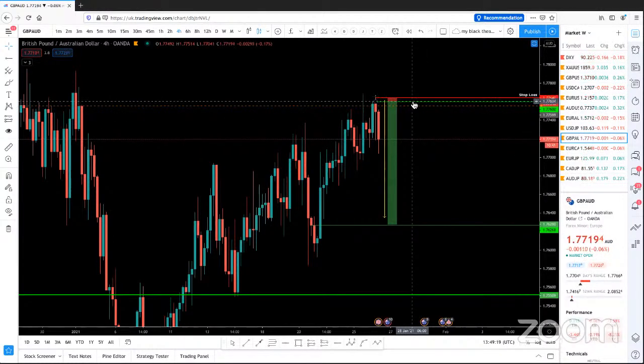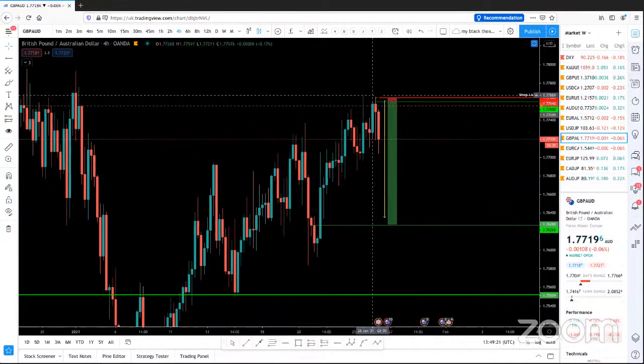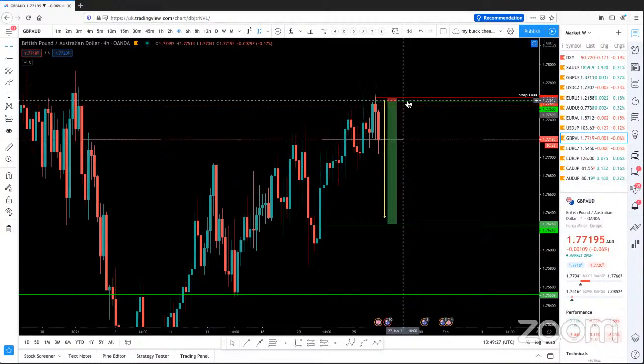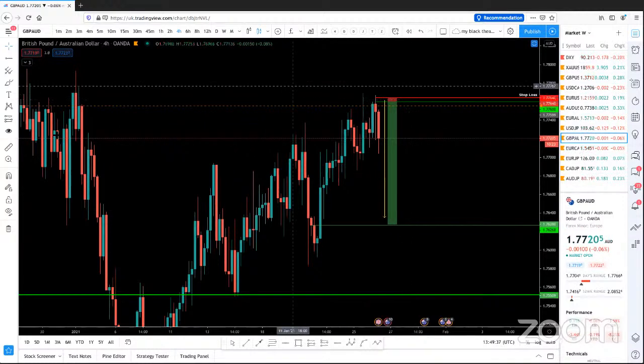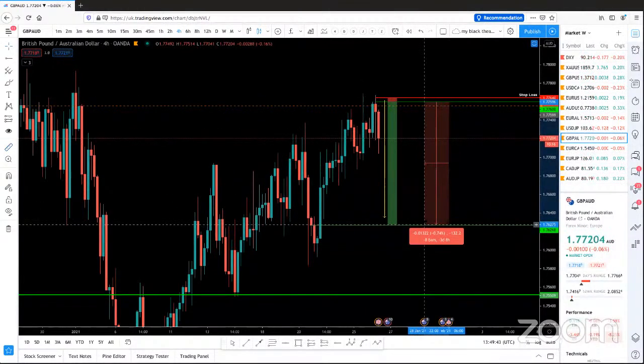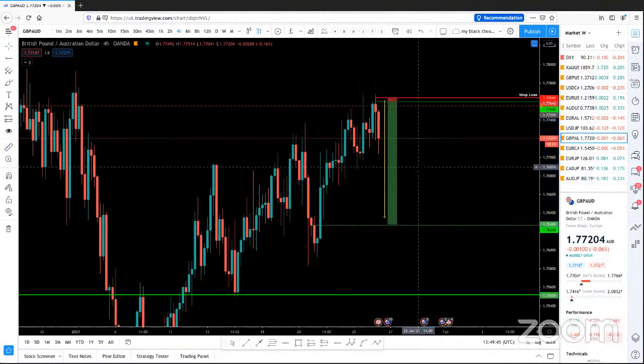So make sure that if you can, give some more room to move the pair, because this is a heavily volatile, wild pair, GBP USD. So give it a little more room to breathe. This is a high potential area setup, guys. Almost a 132 pips target I've been waiting for.